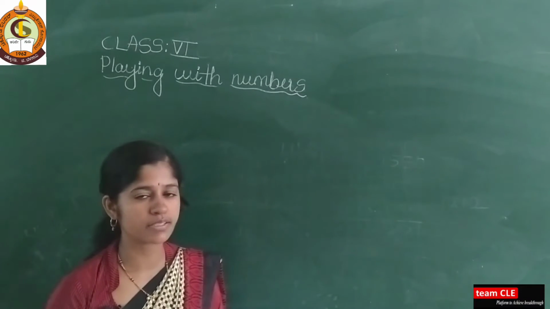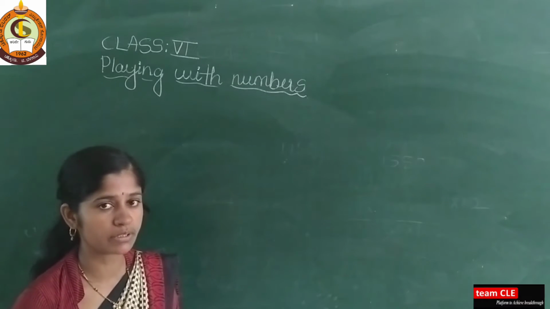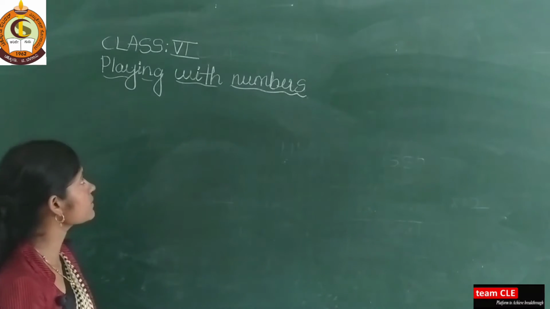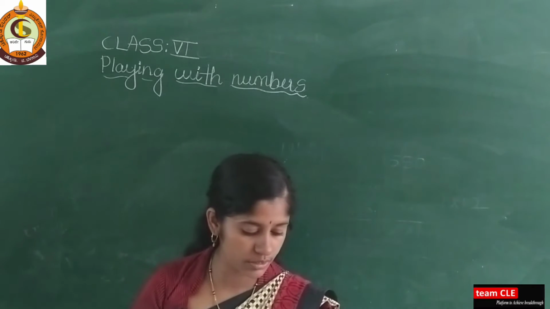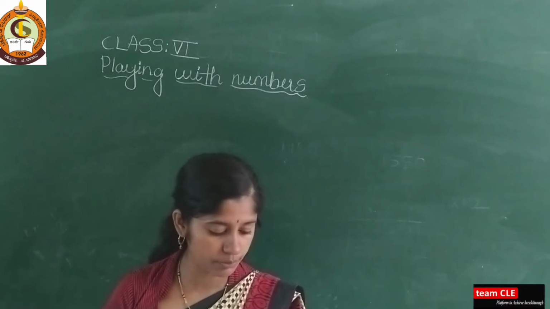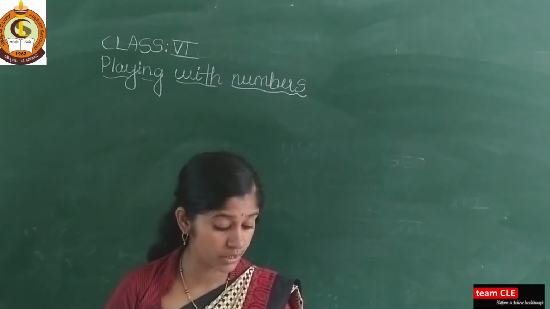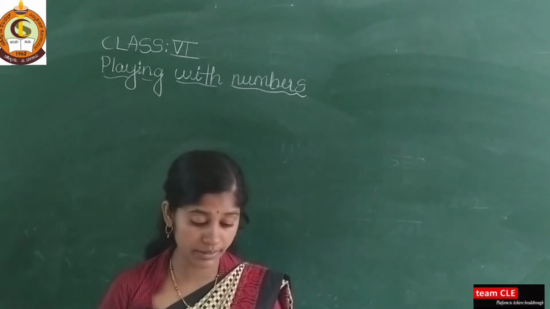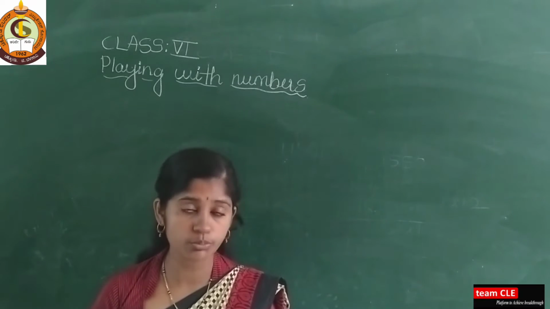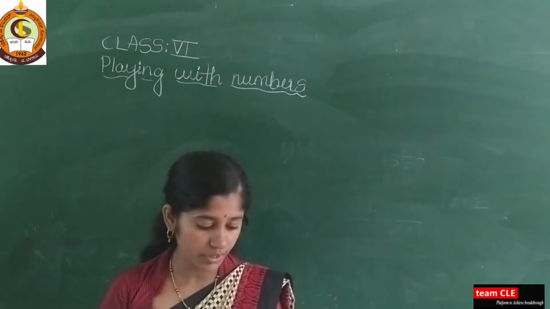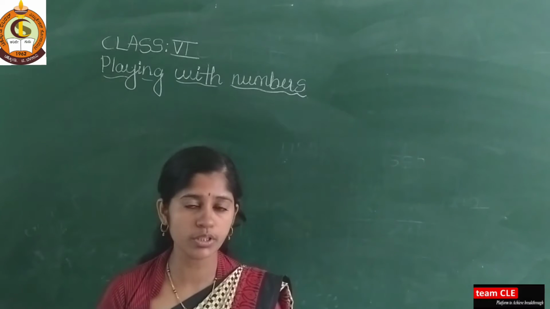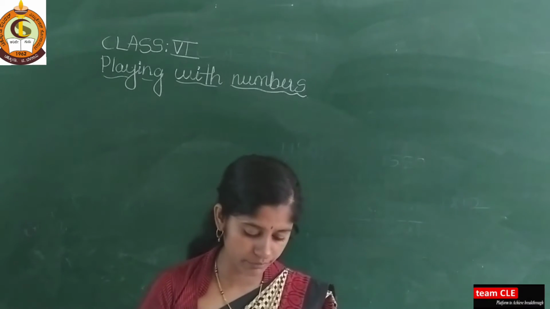Already you know we are discussing the second lesson from your arithmetic section, and that is playing with numbers. In previous videos you learned the even number, odd number, prime number, composite number, twin prime number, and perfect numbers, and we have solved most of the examples from your exercise 2.2. In today's class, we are going to learn how to find the prime factors.